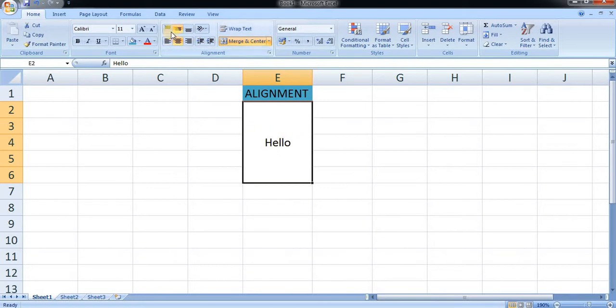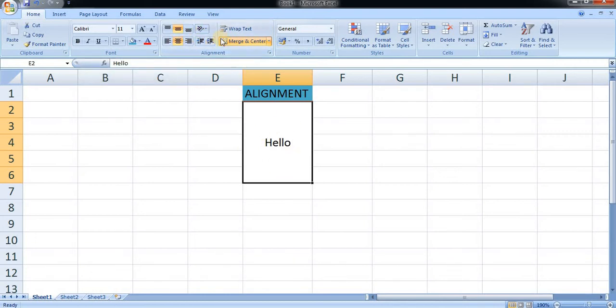Now let us see the direction in the vertical and horizontal direction. Here this is the top, this is the center, and this is the bottom in the vertical direction. Top, center and bottom. Let us keep it center. Now let's see the horizontal direction. You can change the horizontal direction from here at the bottom. This is the left side, center and right-hand side. Left-hand side, center and right-hand side. Let us keep it in the center.